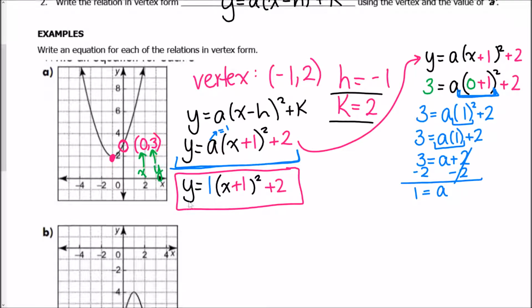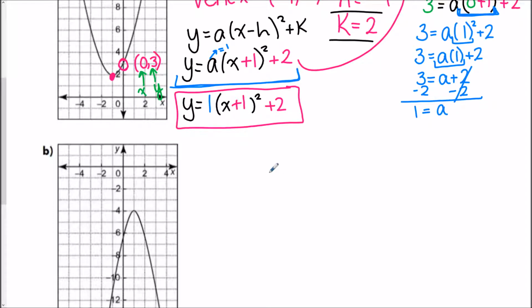Okay, so let's take a look at our next one that we have here. So the same thing. The first thing I want to do is identify what my vertex is. So when I look right here, this is my vertex. So I know that my vertex is going to be 1, -4. So based on that, I can see that h is going to be 1 and that k is going to be -4. So here I'm going to use y equals A times x minus 1 squared